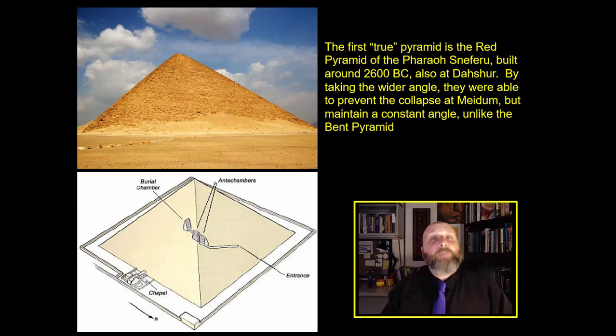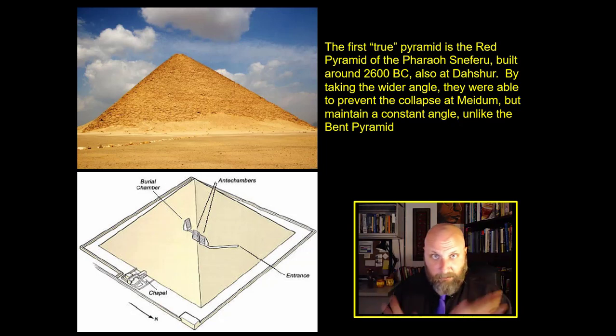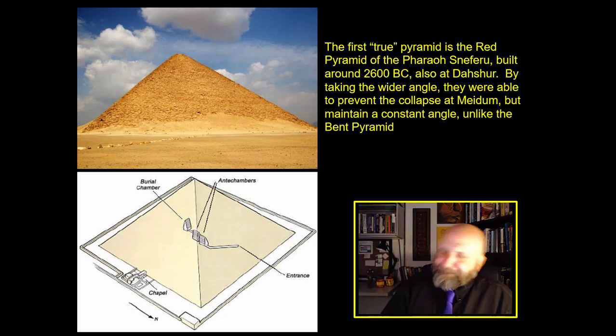Anyway, all of these pyramids were originally covered in bright white limestone. So when the sun hit them, they would have actually almost glowed. Even in the daytime, if you would have been crossing the desert, you would have seen a pyramid from miles and miles away. It would be this huge glowing white thing on the horizon.